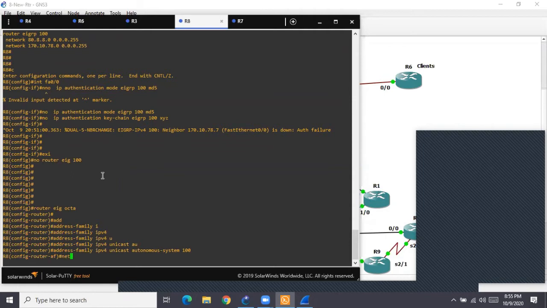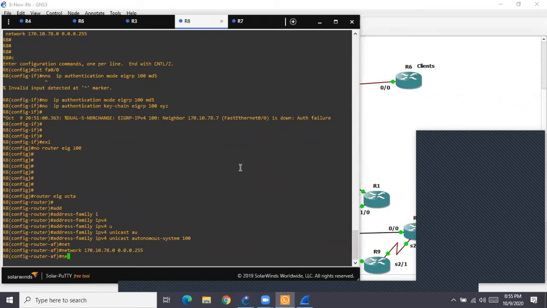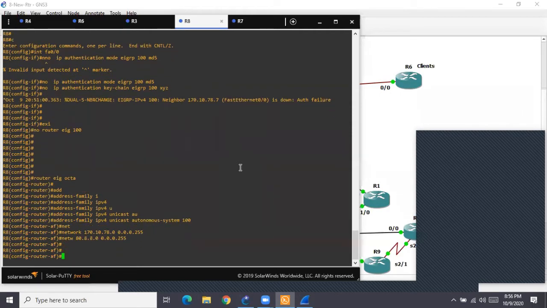Inside this, network commands, 170.78.0.0 0.0.0.255. Then the loopback link I want to advertise, 80.8.8.0 0.0.0.255. Done. So R8 is ready.